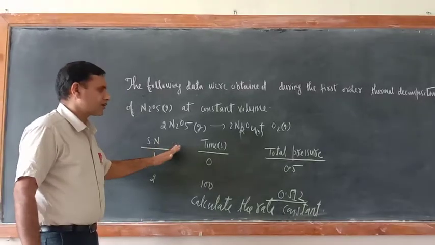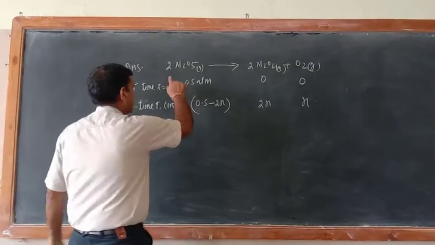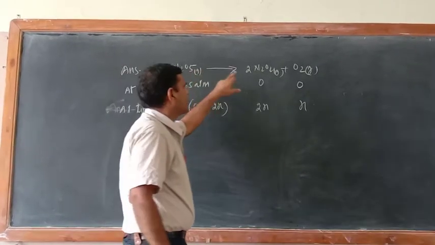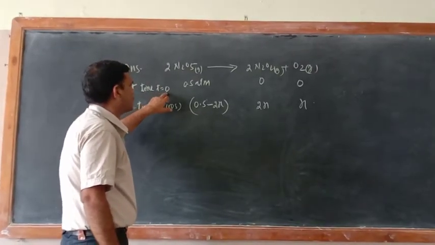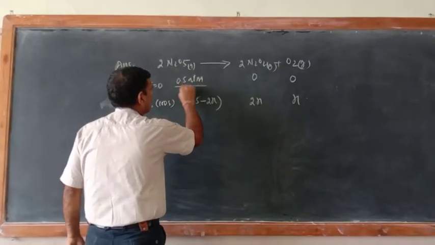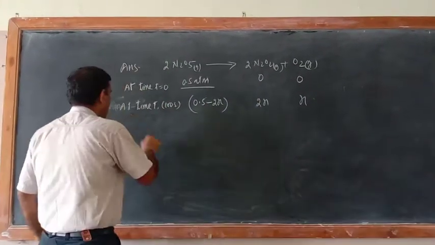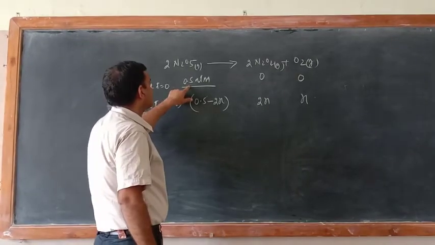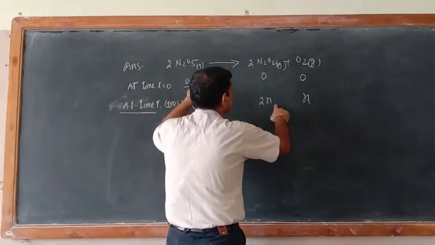So now I am going to solve this question. So solution of this question goes like that. Just see. First you should write the equation, because writing the equation is a must. 2N2O5 gives 2N2O4 plus O2. So at time t, when t was 0, means at the beginning, what was the initial concentration of 2N2O5? 0.5 atm. And what was their concentration? 0 and 0. Just see, at time t, it is given in the question that is 100 seconds. So at that time, 2N2O5 0.5 atm disintegrate into 2x and x.